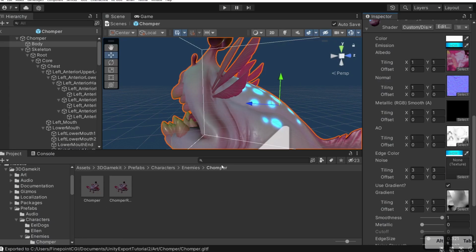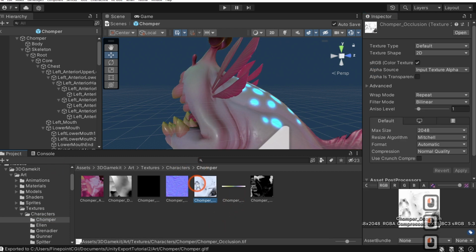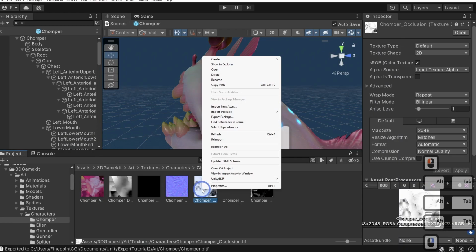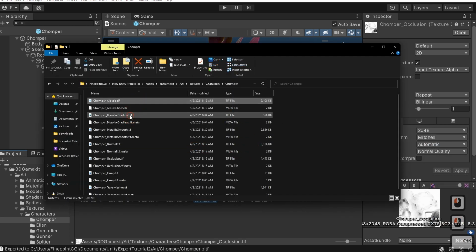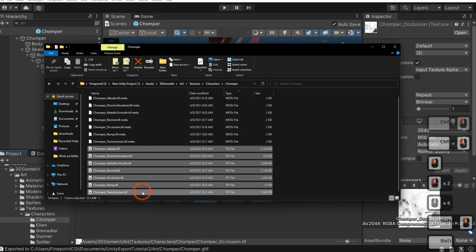Now, if we want his other maps, we're going to need to go find them directly, in this case, characters Chomper, and bring them over. But we will run into issues with texture compatibility, right? We need to make sure it's PNG format. So we're going to need to do some image conversion here for us to get all of our textures over. So if we right click, show in Explorer, and we take all of these files like so. So if we change our type and then we select all these files, we copy it,